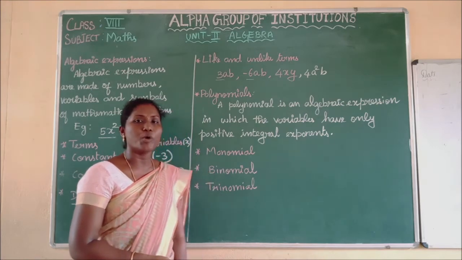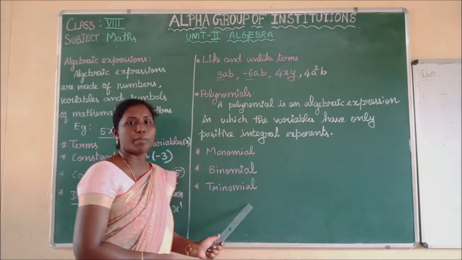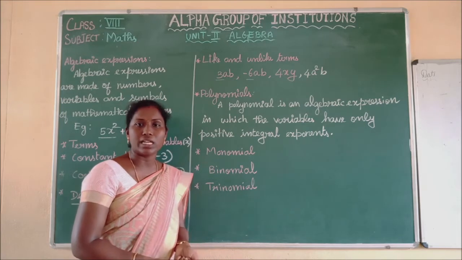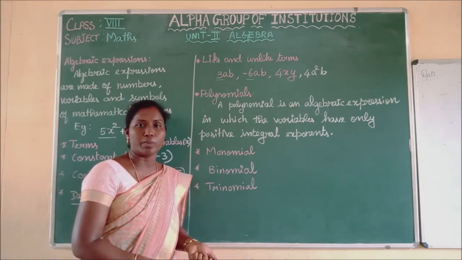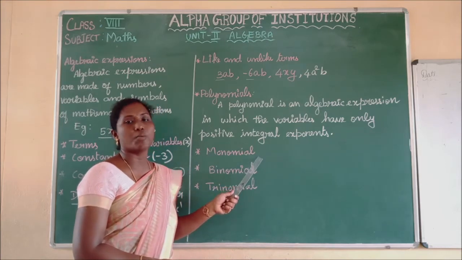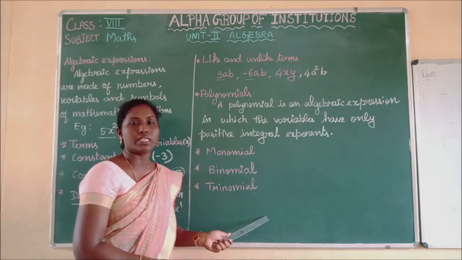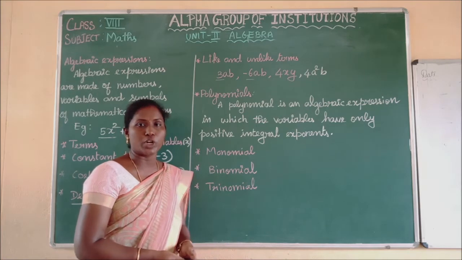Okay, under polynomial there are different types, based on its degree. We learned about the degree, no? Based on the degree and based on the terms, there are types of polynomials. First, we are going to see about the types based on the terms. Okay, based on the terms, what are the types of polynomial?